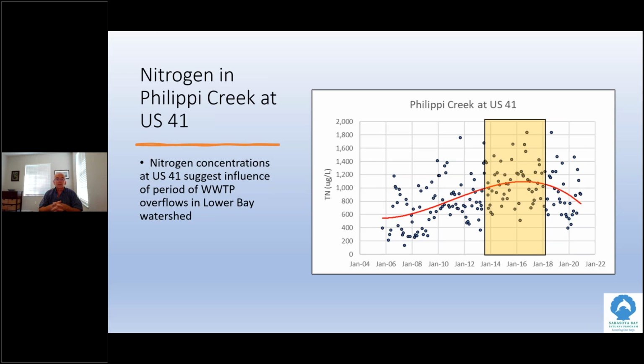to fix it. The requirement to fix this system was brought about through an administrative finding that was triggered by a local NGO. So that yellow box represents the initiation of the overflows and then the end of the overflows. To their credit, Sarasota County has stopped the overflows from this wastewater treatment plant, but it was 750 million gallons over 5 years. And it was miles away, yet nonetheless, that time period of these overflows matches up with the